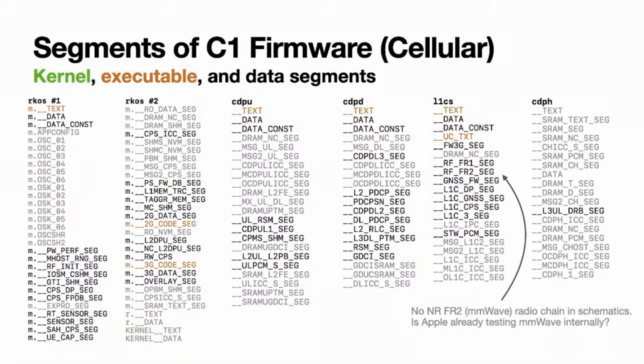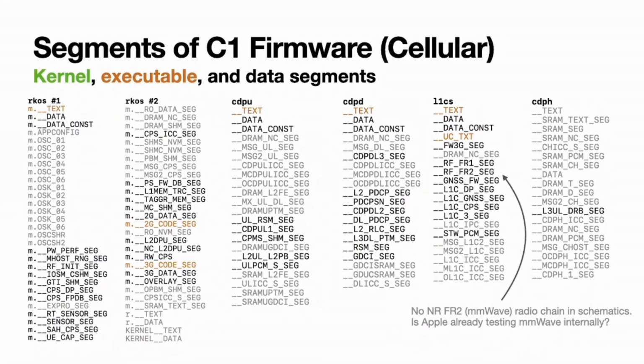And then there are also quite a number of segments with already known appropriations for cellular stuff. One interesting thing to note here, for example, is we got a segment for the frequency range 2. This is basically a 5G term and refers to millimeter wave. So maybe Apple is already internally testing millimeter wave support for the next basebands, but it's not yet shipped on